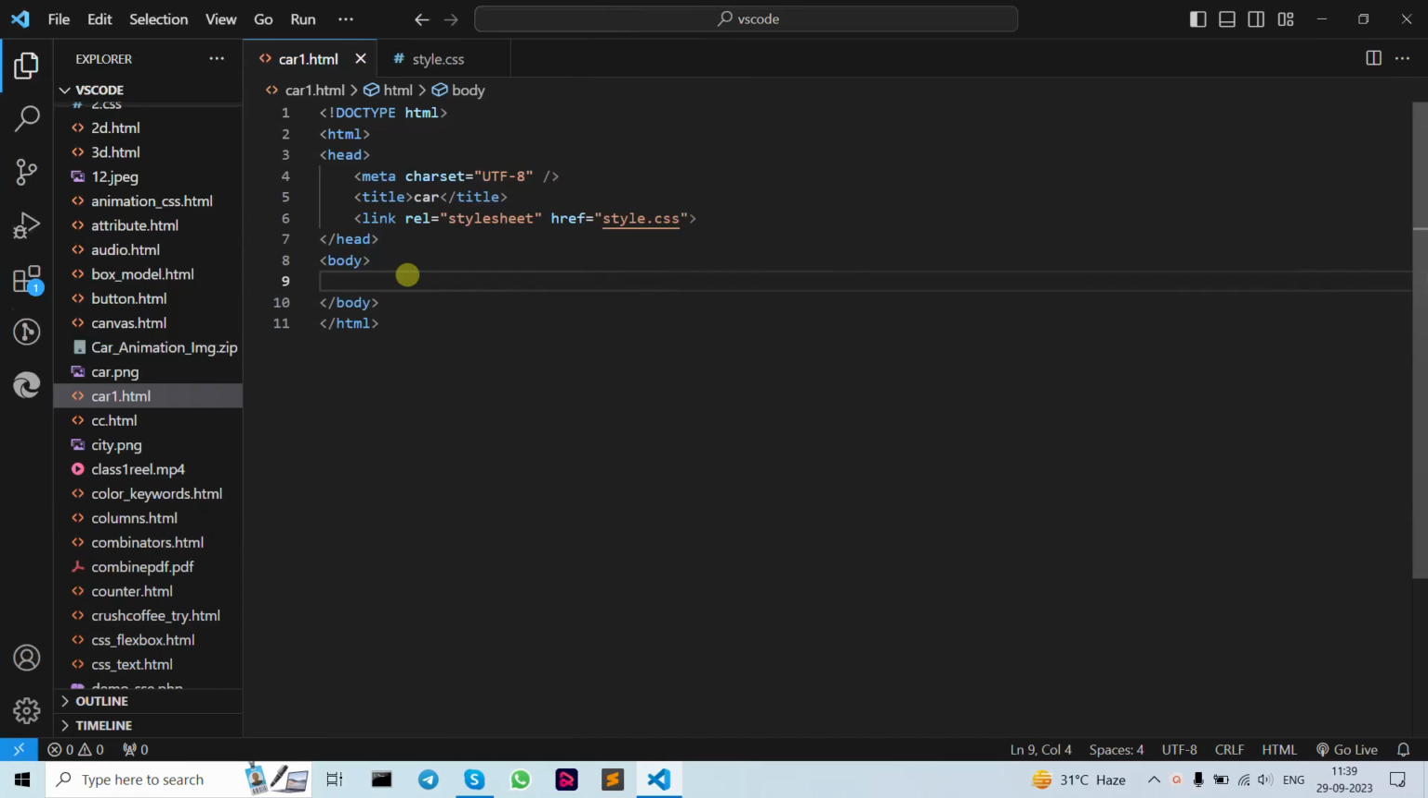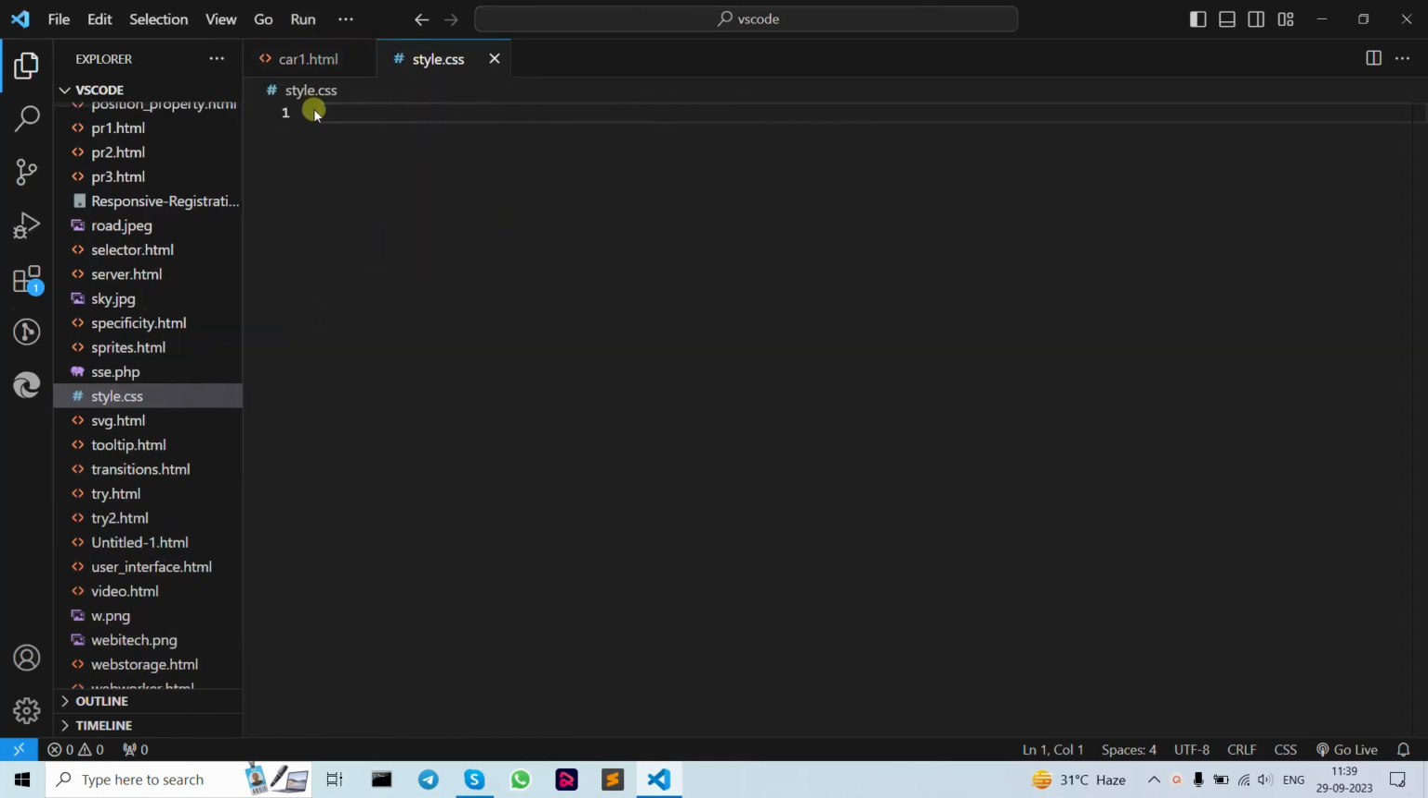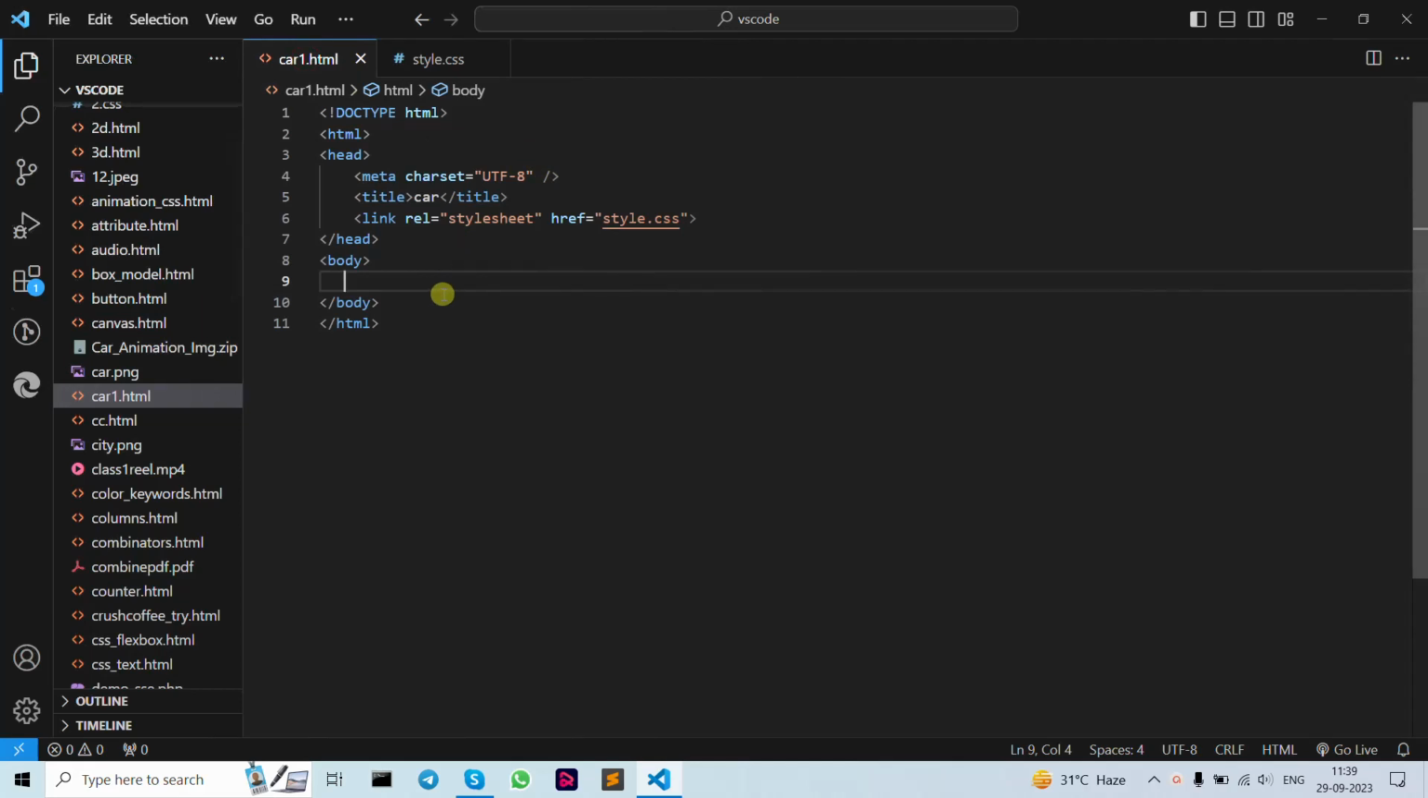Now let's move forward. As you can see, I have written down here our link rel stylesheet, href link our style.css. This is my secondary file, my CSS file, and this is our HTML file. So we are going to create a